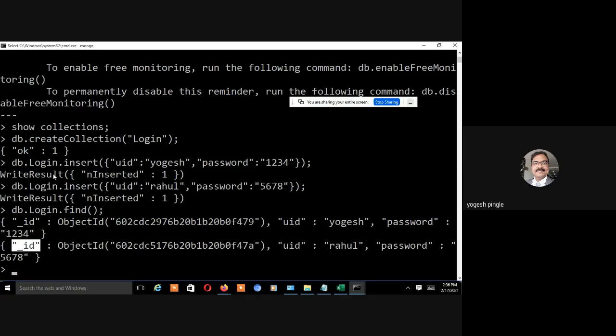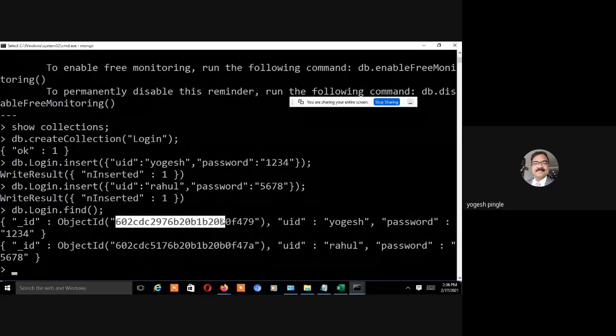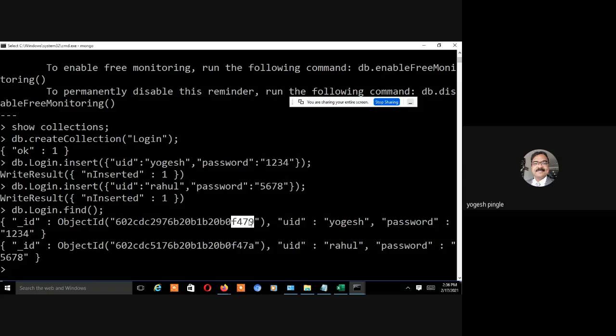Once you see this particular object ID, what does it consist of? Hexadecimal values, and it is actually 12 bytes. If you can bifurcate it, it will be much easier for us to understand what each part says: what the first few bytes are, what the next bytes are, and what the last bytes are. There are some important things regarding this object ID.